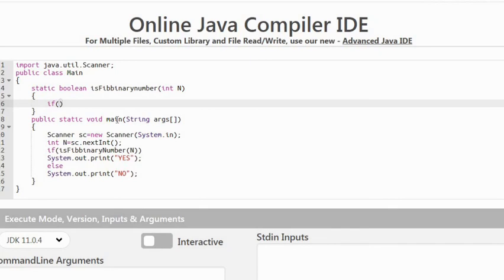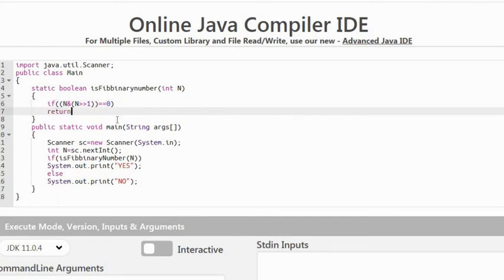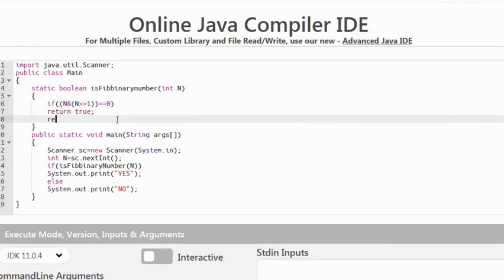So our core logic is that if n ANDed with n right shift of 1 equals 0, then return true, else we simply return false.